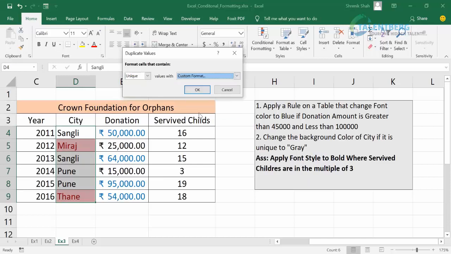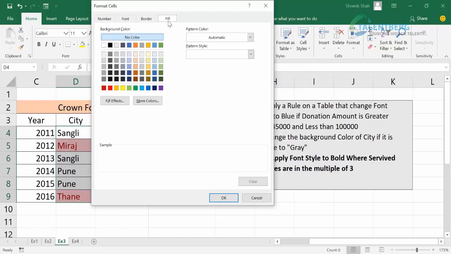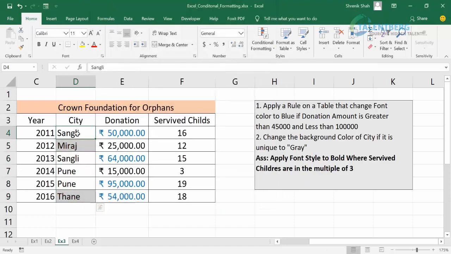So from custom format, I select the option fill and we choose here a color, that gray color, and click on OK. So if you check, the unique city name only is now gray color. If I repeat city Thane again, it changes to white, and now Pune is the unique city name.